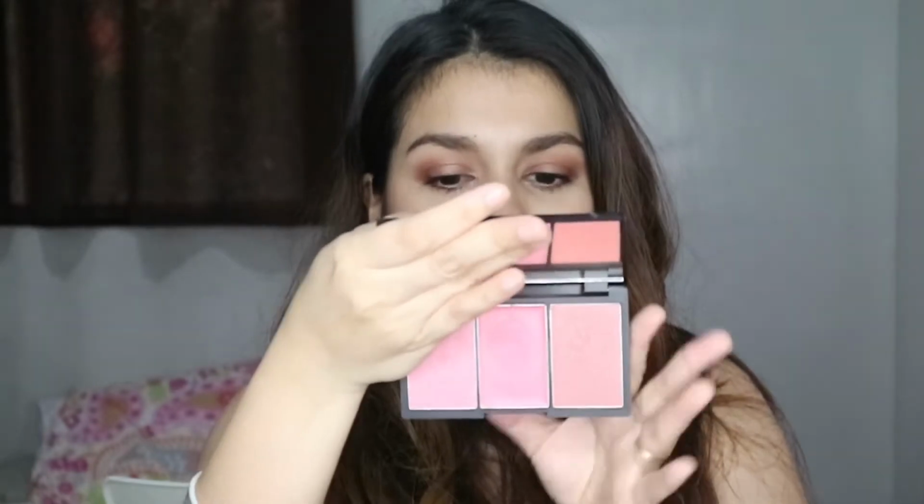Blush. My favorite blush is the Sleek Blush by 3 palette in Pink Lemonade. It comes with 3 shades: Icing Sugar, Macaroon, and Pink Mint. The reason I really love this blush palette is that it has a cool shade, it has a warm shade, and it also has a cream blush in the middle. It's just so